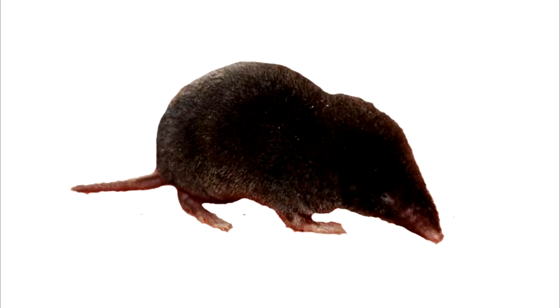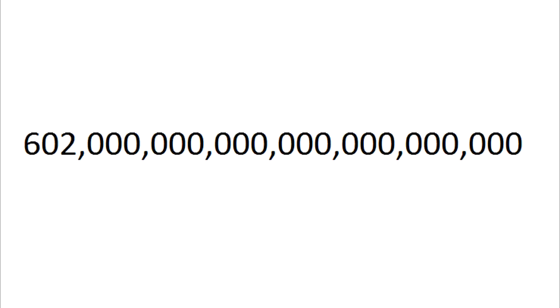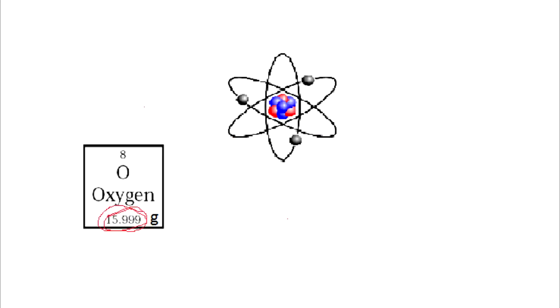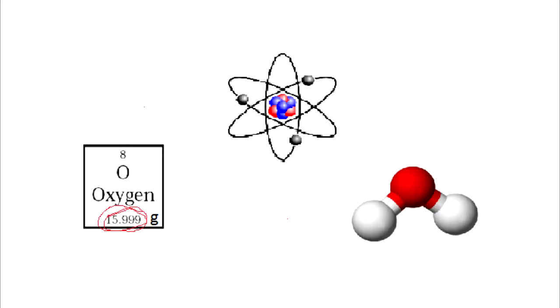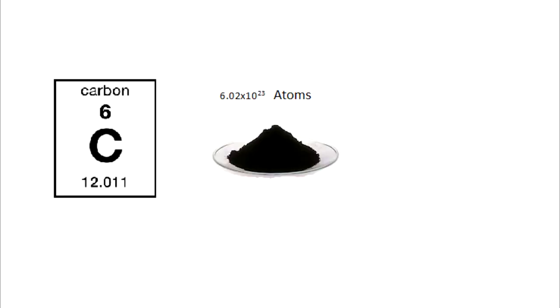Now then, what is a chemistry mole? No, it is not a cute fluffy animal in a lab coat. It is instead 602 sextillion of an object, just as a dozen is 12 of an object. This is used in chemistry to find how many atoms are in the molar mass in grams of an element or compound. To summarize that, there would be 602 sextillion atoms in 12 grams of carbon.